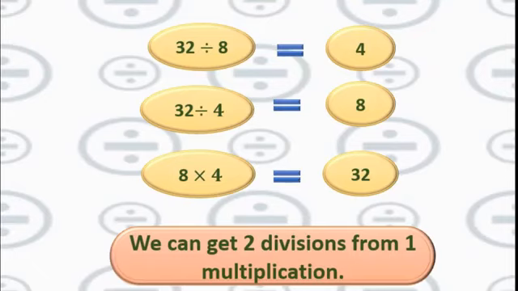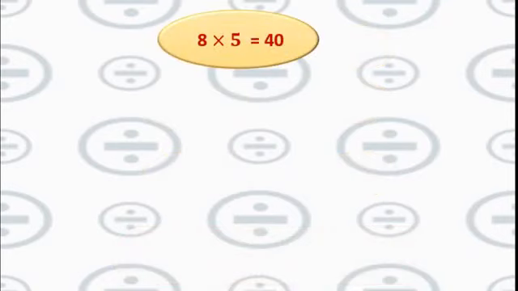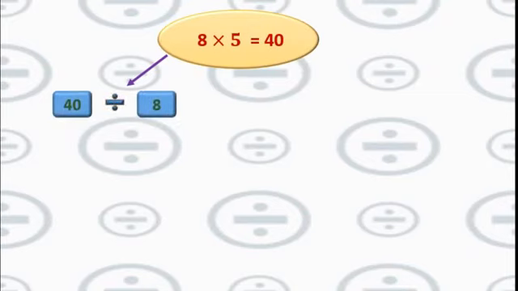We will go through some of the examples. See dear students, one multiplication is there. 8 multiplied by 5 is equal to 40. 8 fives are 40, you know. One I will show you. Now first I will write 40 divided by 8. Okay, one division. 40 divided by 8 is nothing but 5, because 8 fives are 40, isn't it?